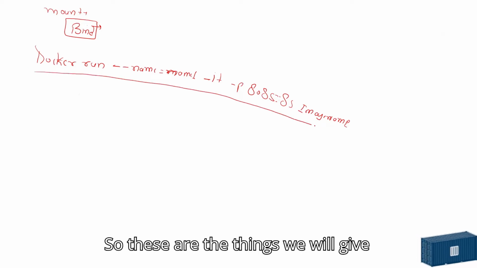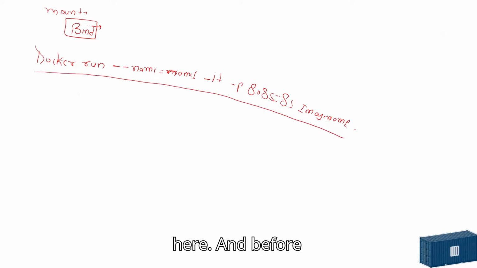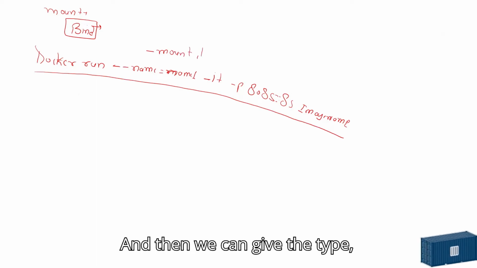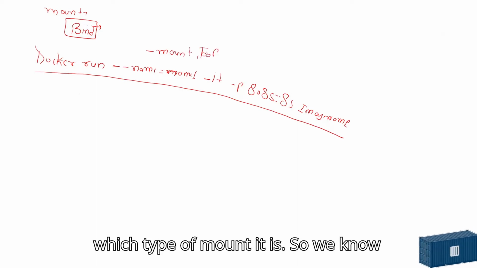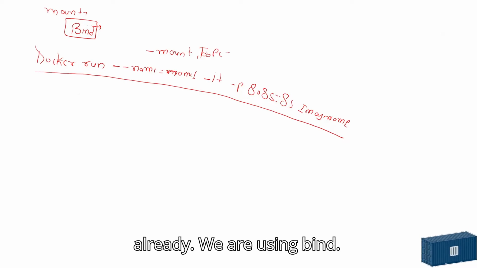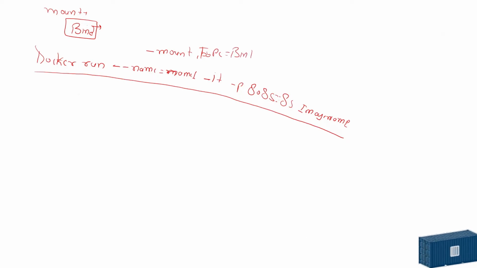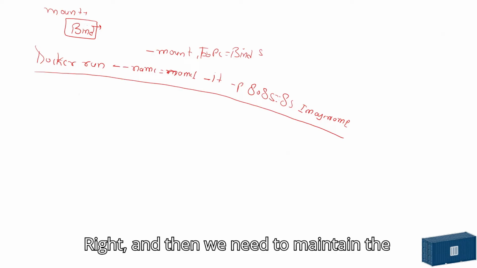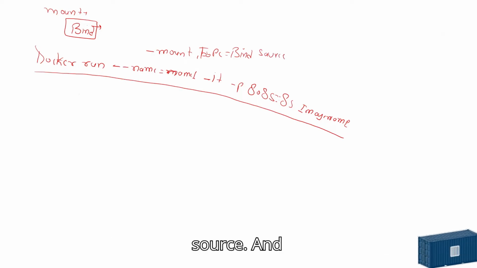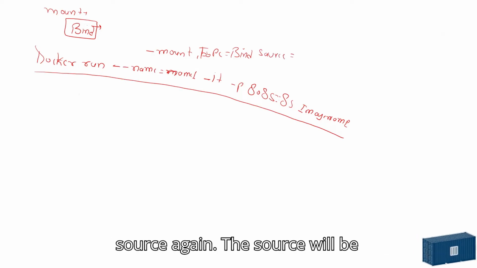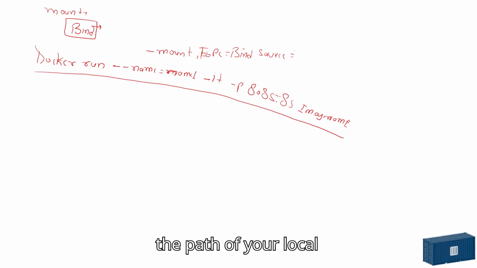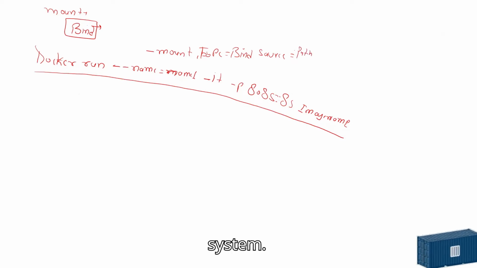So these are the things we will give here. And before here, we will also use a keyword called mount. And then we can give the type, which type of mount it is. So we know already we are using bind, right? And then we need to mention the source. And source, again, the source will be the path of your local system,